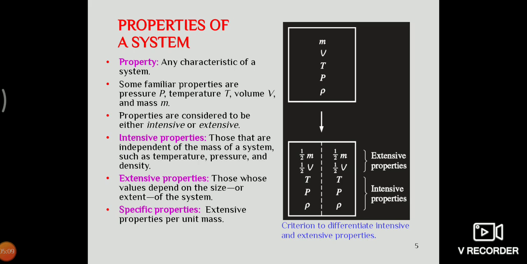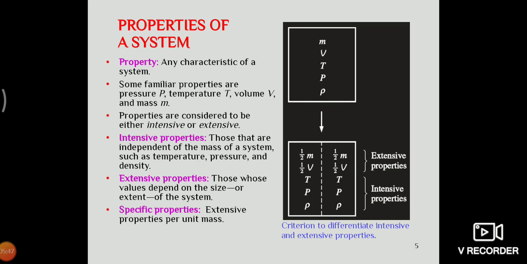If we consider a few important aspects regarding thermodynamic property, aspects meaning what is the use of this particular property. It helps us to distinguish one system from another system, or also we can say that it represents a unique value when the system is at a particular state. When the system is at a particular state, we can represent the unique value of that system. And also it is independent of the path followed by the system in order to attain the required state. These are a few aspects of the thermodynamic property.